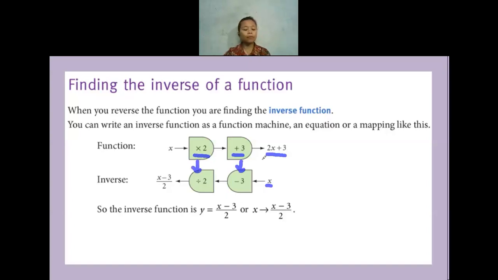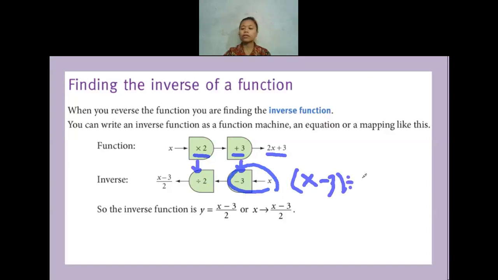So now the input, we are going to use it as x still. So we will have x here. We subtract 3 from it, so it will be x minus 3. In here, from the x we subtract 3, we will have x minus 3. After that, we divide the result. We divide the result by 2.